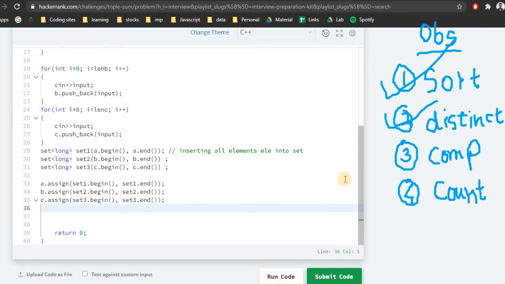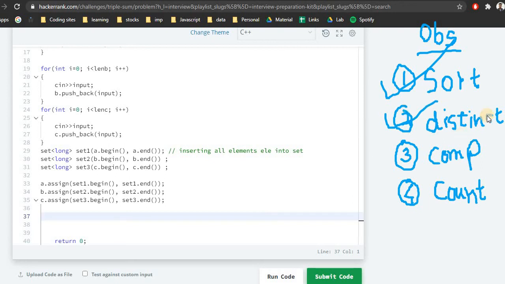Now I'm assuming up till now you got all the logic. What we did is, first we took the input into the arrays, then we copied the input into the sets, so that way we got the sorted and distinct values, and after that, we copied all the sorted and distinct values again to the arrays, because array operation is quite simple, and it is user friendly to a new or beginner.